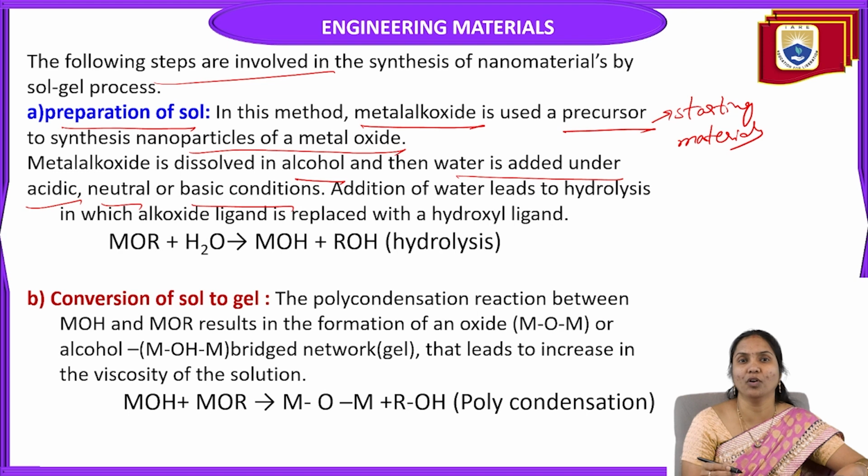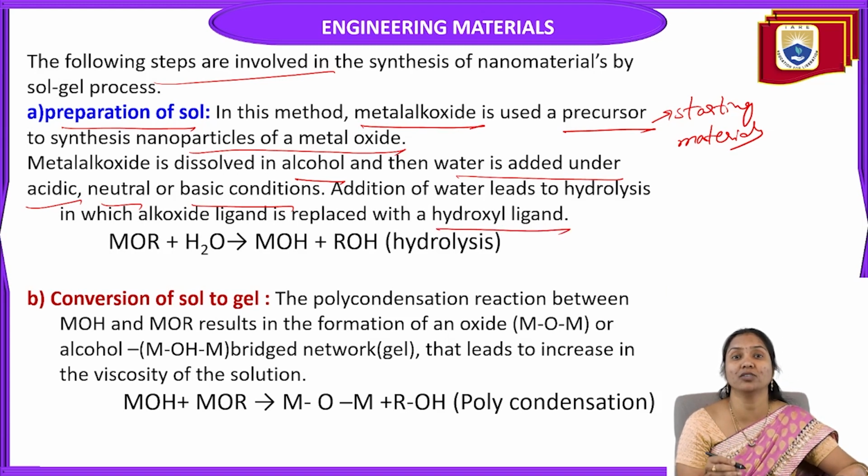So the addition of water leads to hydrolysis in which alkoxide ligand is replaced with hydroxyl ligand. So what is step one? Preparation of salt. For that purpose we are using the starting material, that means the precursor, metal alkoxide. This metal alkoxide is dissolved in alcohol. In this case, it forms a homogeneous system. Then we are adding water under acidic, neutral,